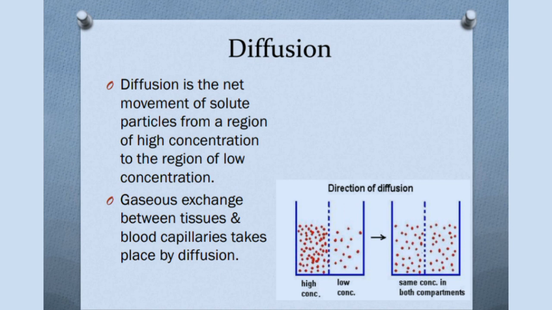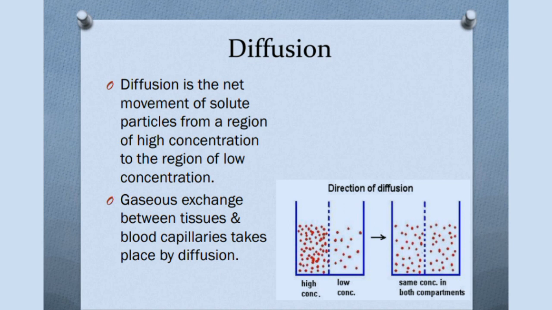The cells produce carbon dioxide as they respire. So, the concentration of carbon dioxide is greater in the cell as compared to the blood present in the capillaries, which are in the vicinity or near to the cells. The reverse is true for oxygen. So, carbon dioxide from the cell moves across the cell membrane through the membrane of the capillaries and into the blood. And on the other hand, oxygen diffuses from blood into the cell. So, diffusion is a very simple process. It is the net movement of particles from a region of higher concentration to the region of lower concentration.